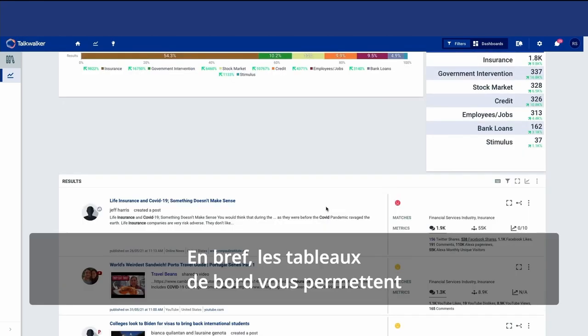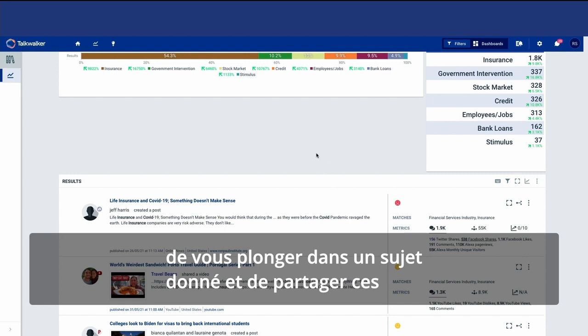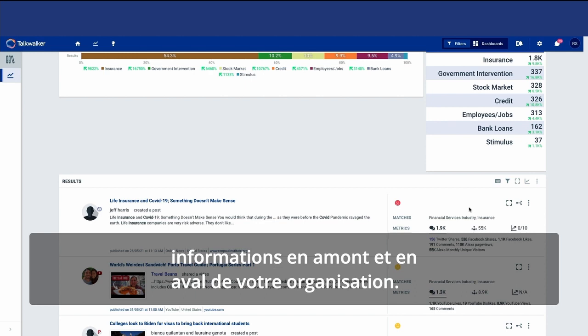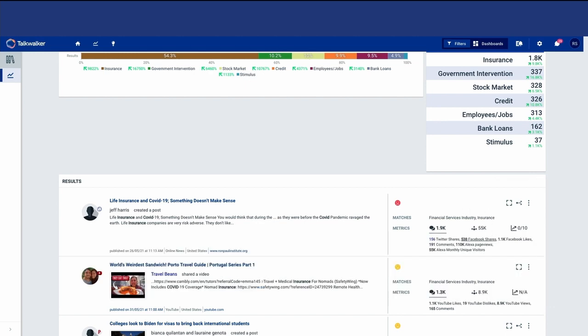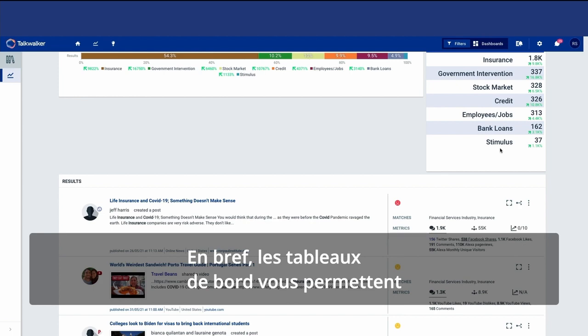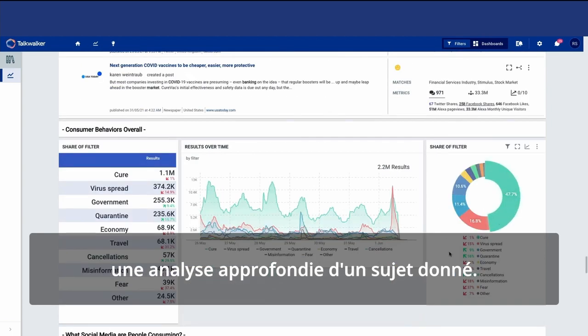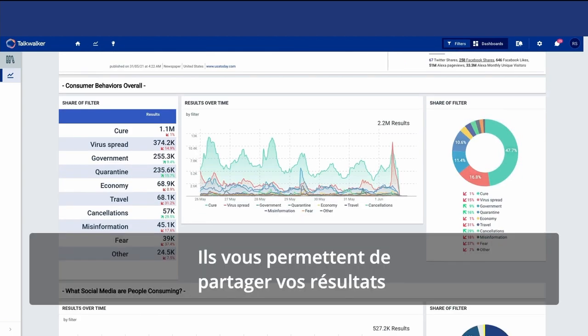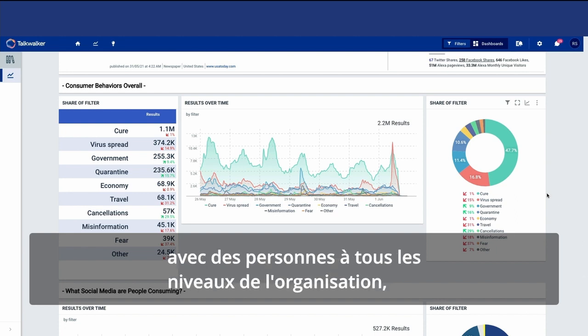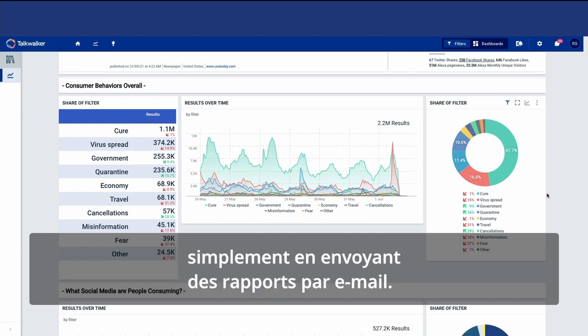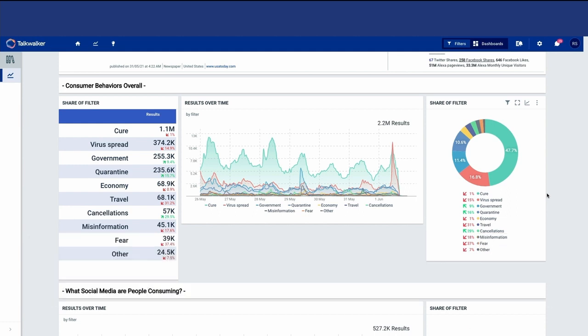In short, dashboards allow you to dive deep into a given topic and share that information up and down your organization. They allow you to share your findings with people at all levels of the organization simply through email reporting or